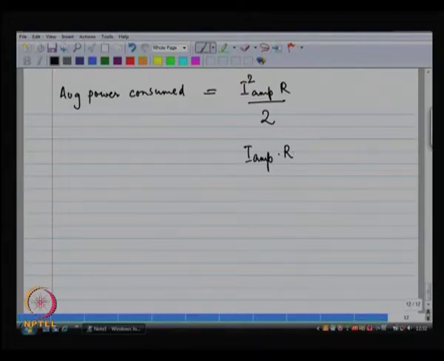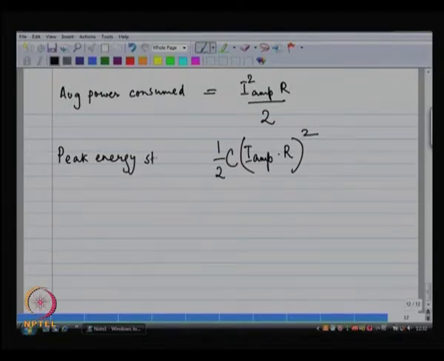At that point of time, the energy stored in the capacitor is half C times V squared. All right. So, the ratio of the energy stored to the average power being burnt